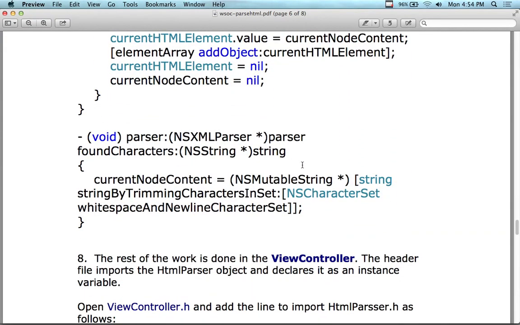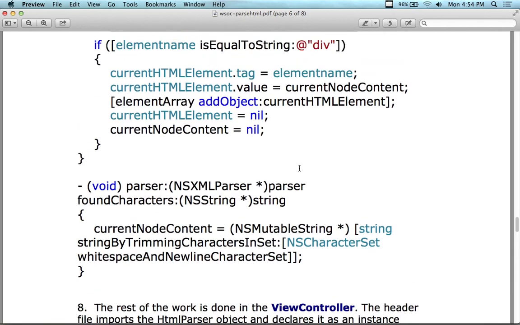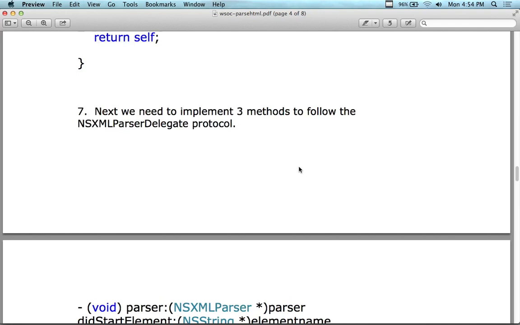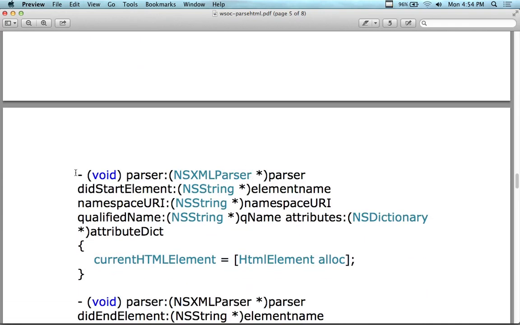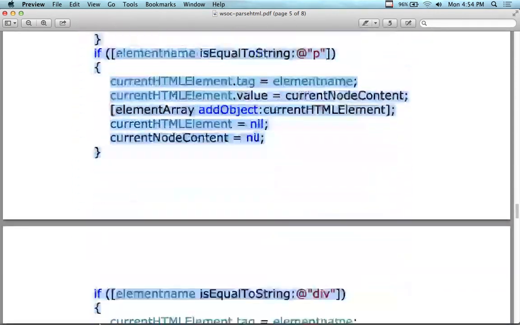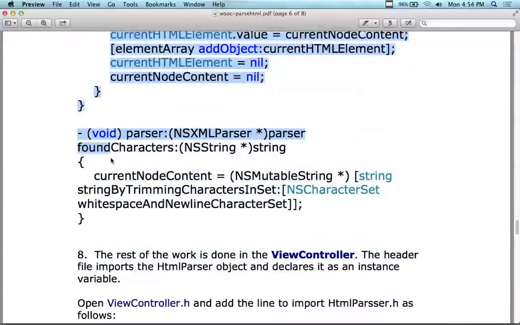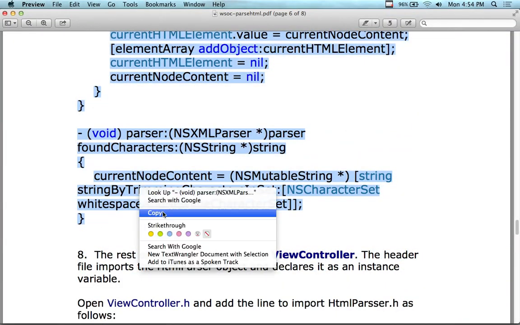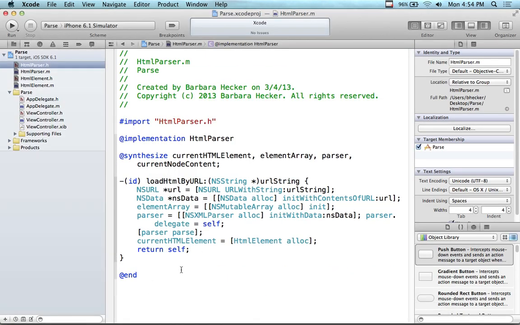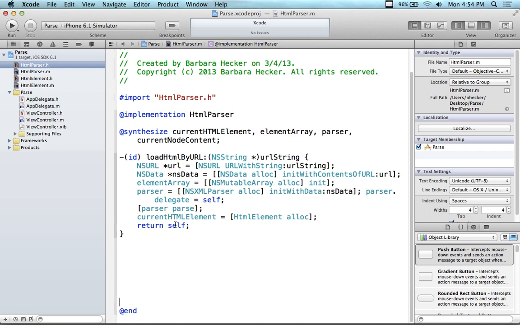And then we had the found characters, nothing more than finding the characters and getting rid of the white spaces. So we can remove all of the white spaces out of there. So I'm going to paste these, hopefully successfully. So this goes into the implementation. So we have the parser did start element, parser did end element, and then the parser found characters, ignoring the white spaces. And I'm going to paste this right underneath here in the body of the